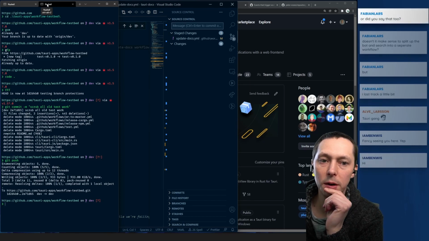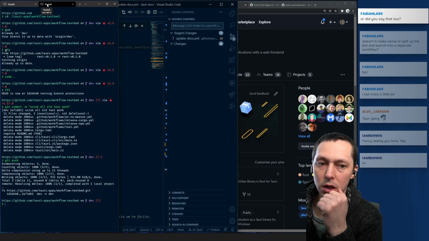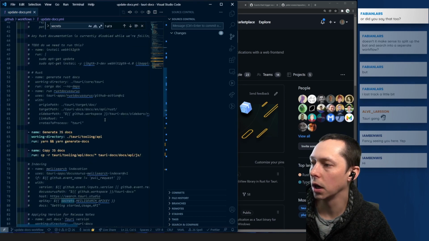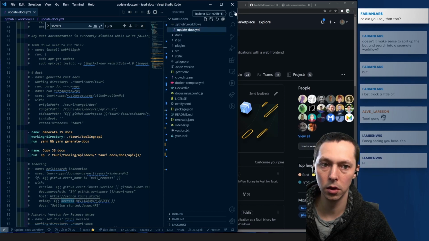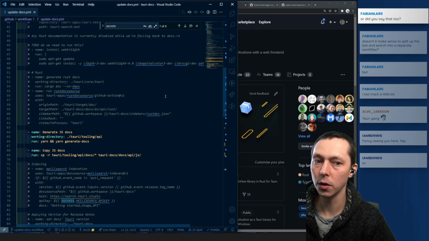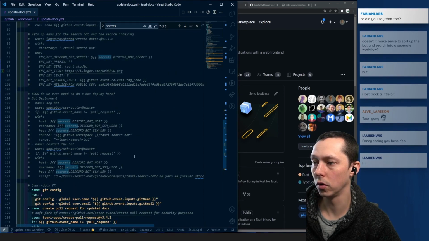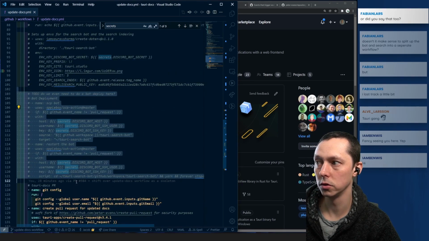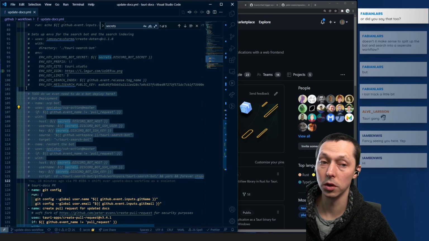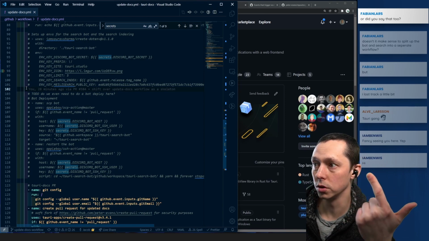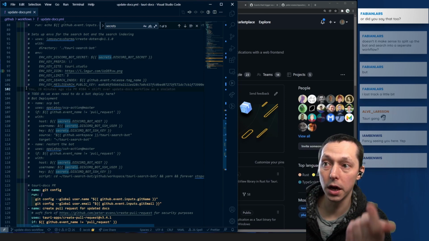Doesn't it make sense to split up the bot and search into a separate workflow? We did talk about that a little bit. Right now I've just got it commented out, but one thing that complicates it a little bit is, depending on what you're qualifying as the bot itself, I don't think we actually need to redeploy. So I think we could just completely strip that out. And that could be, especially if we're switching up how we're hosting and deploying that, I think that could be completely split out. Because both the bot and the website are just pointing to the melee search endpoint. But that needs to be in this workflow,